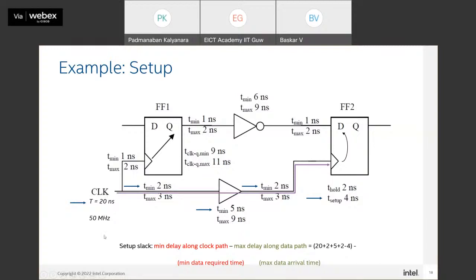We want this design to work at 50 megahertz. That means the time period is 20 nanoseconds. So the clock value is 20 plus minimum delay 2 nanoseconds plus minimum delay 5 nanoseconds plus minimum delay 2 nanoseconds minus 4. That means setup time needs to be subtracted. So this is on the clock part. Take all the minimum delays and then subtract the setup time. Now we need to see the data path